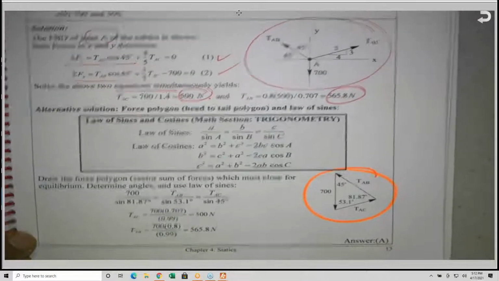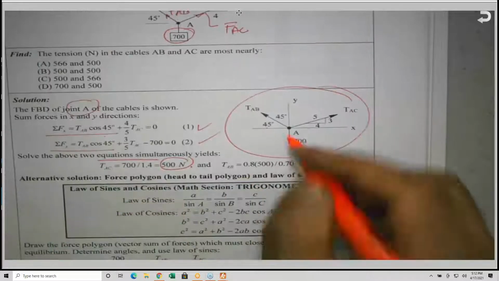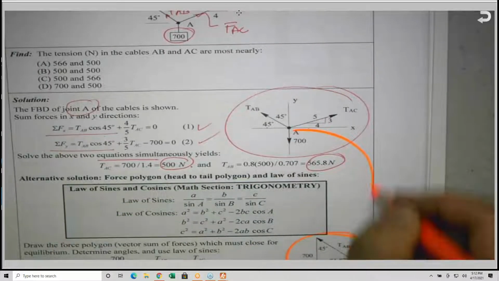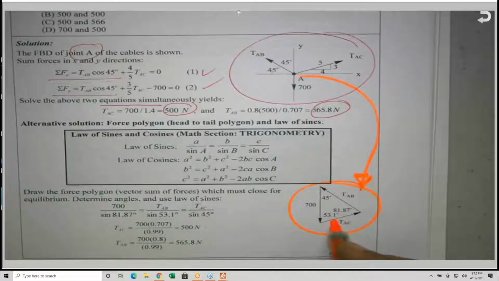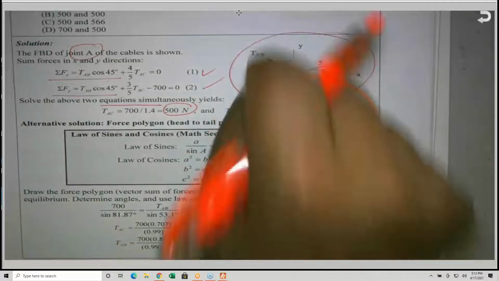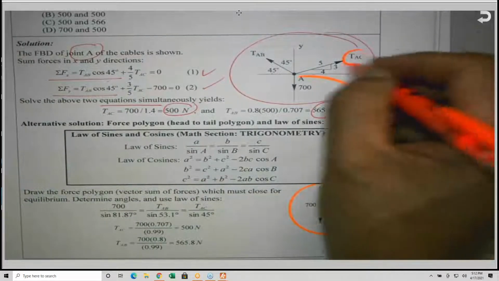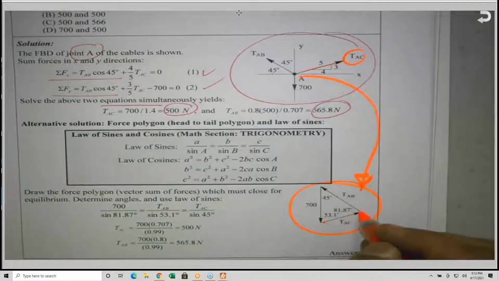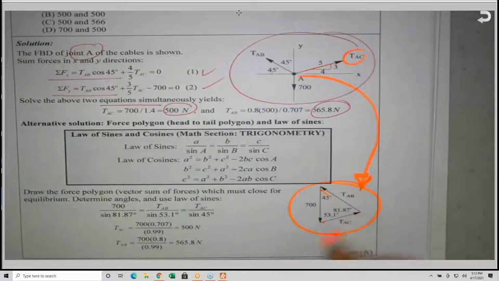The force diagram, basically, I constructed based on the given information. I know 700 down, here is 700 down, and I have tension along AC going this way, and the tension along AB going this way, close it. And if I can find the angles,